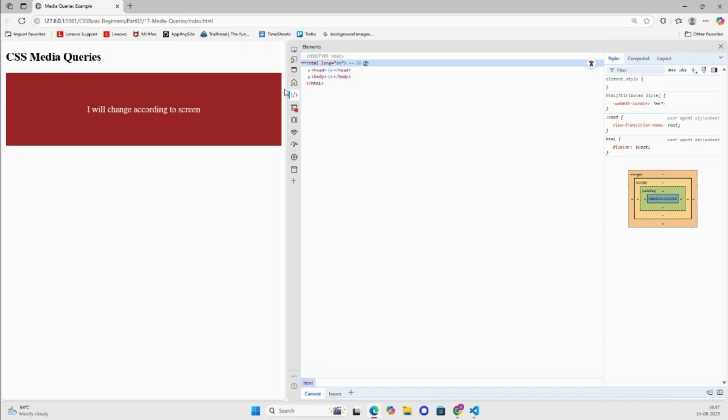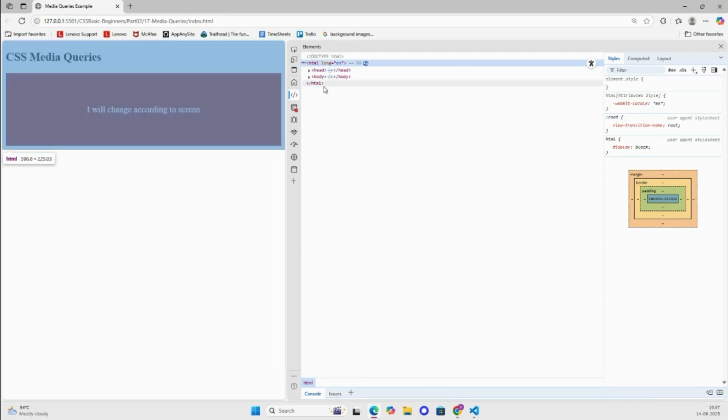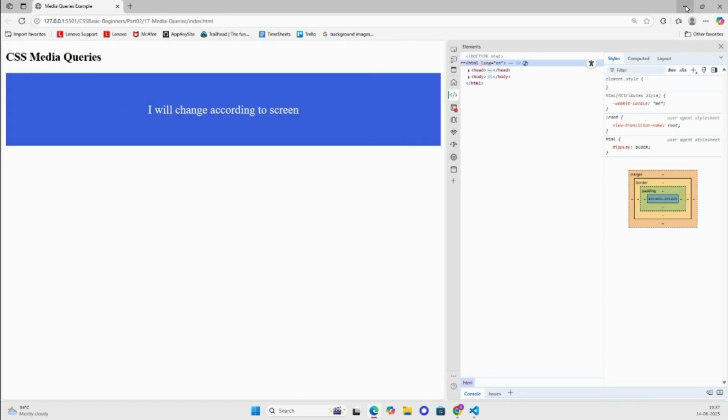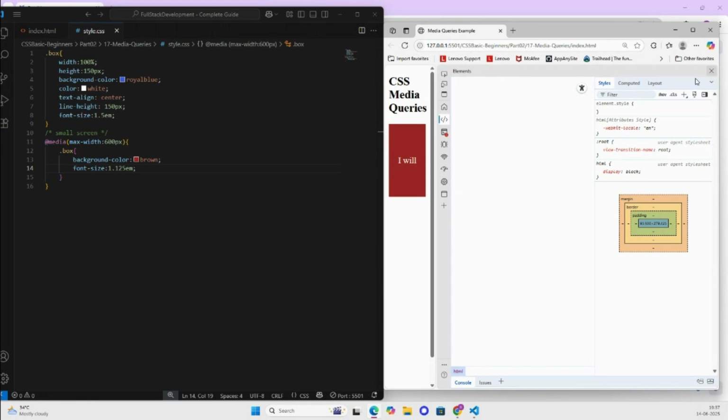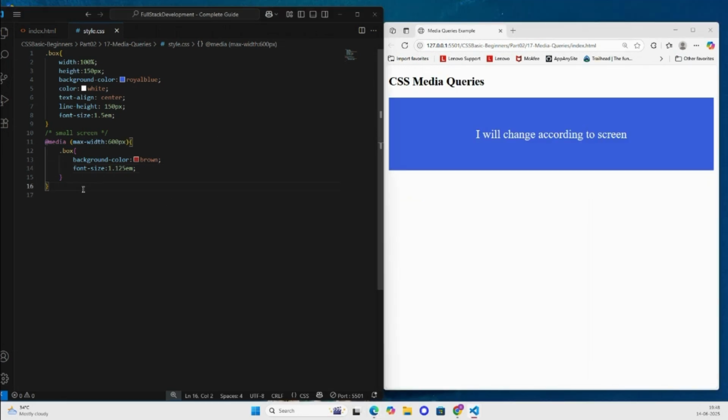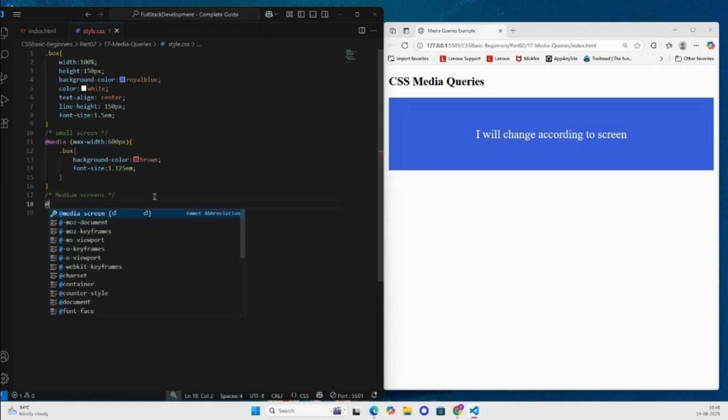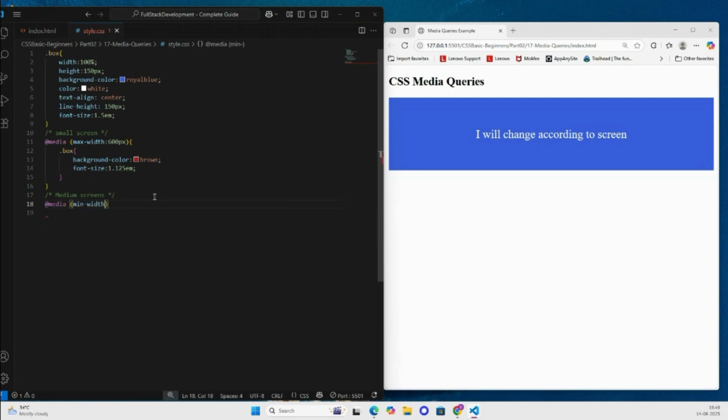Okay, let's see for the medium screens. Let me show that one also. Okay, let's remove this and create for medium screens. Let's give the comment like medium screens, and give @media. Let's give here the min-width as 601 because we have given 600 here. Let's give 601 pixels,